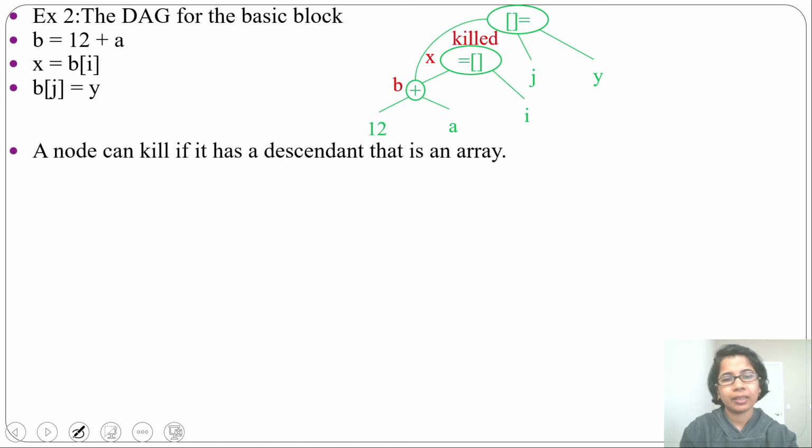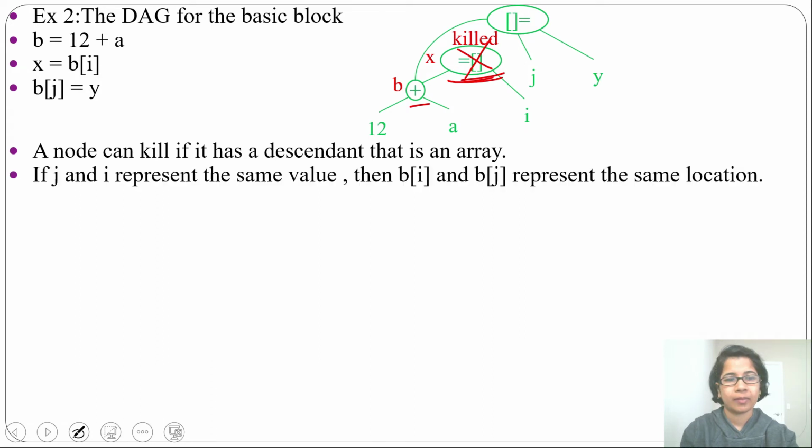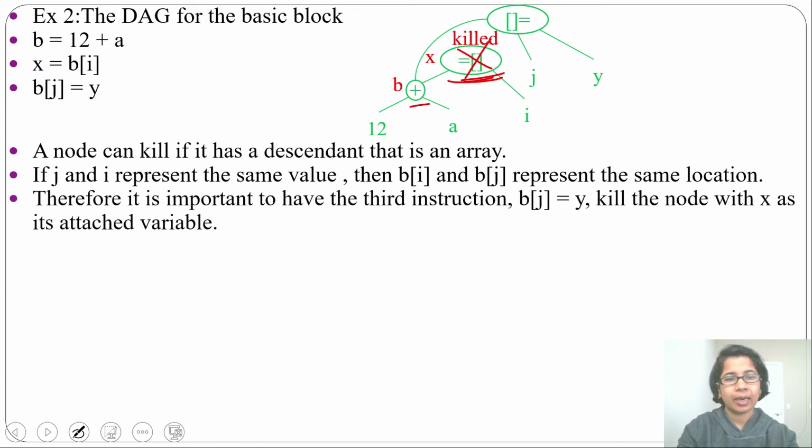A node can be killed if it has a descendant that is an array. For this node, this B node is a descendant, that's why this node can be killed, as B is a descendant for this array. If J and I represent the same value, then B of I and B of J represent the same location. And therefore, it is important to have a third instruction, B of J equal to Y, kill the node with X as